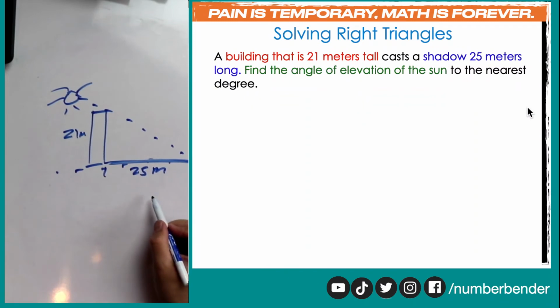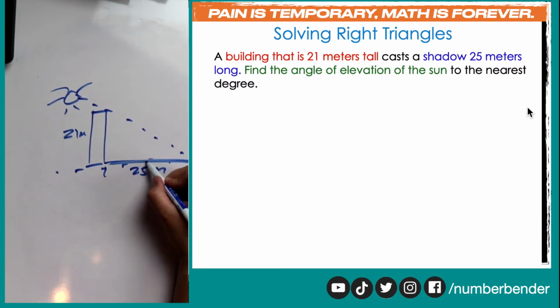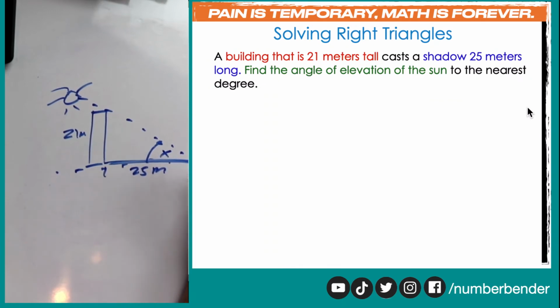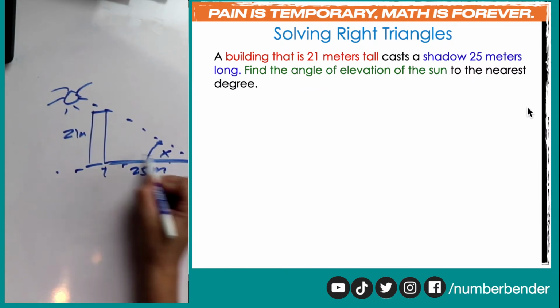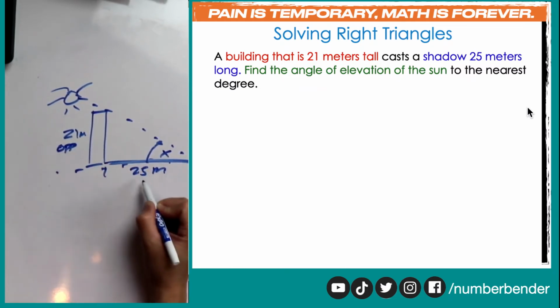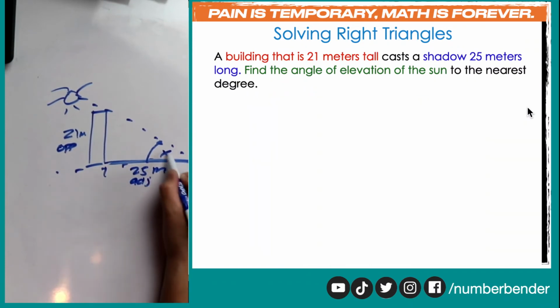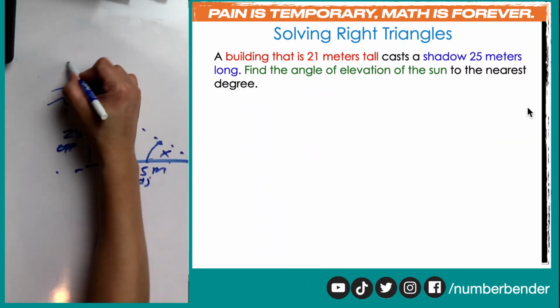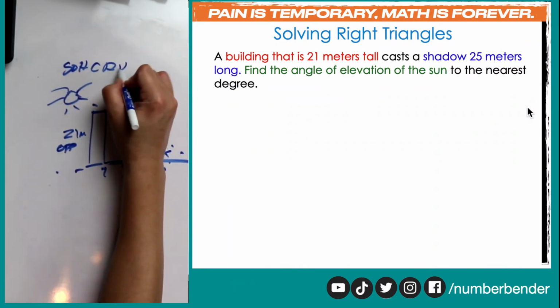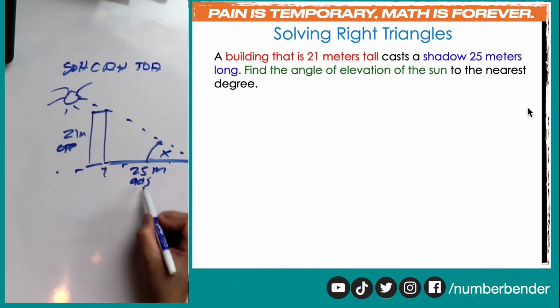We're looking at the angle of elevation of the sun to the nearest degree. So angle of elevation to the sun. So this is what we're looking for in this particular right triangle. So now that we know that we have the reference angle, and this is the opposite side, and this is the adjacent side, in reference to our angle of elevation, we now have SOH CAH TOA to play with,